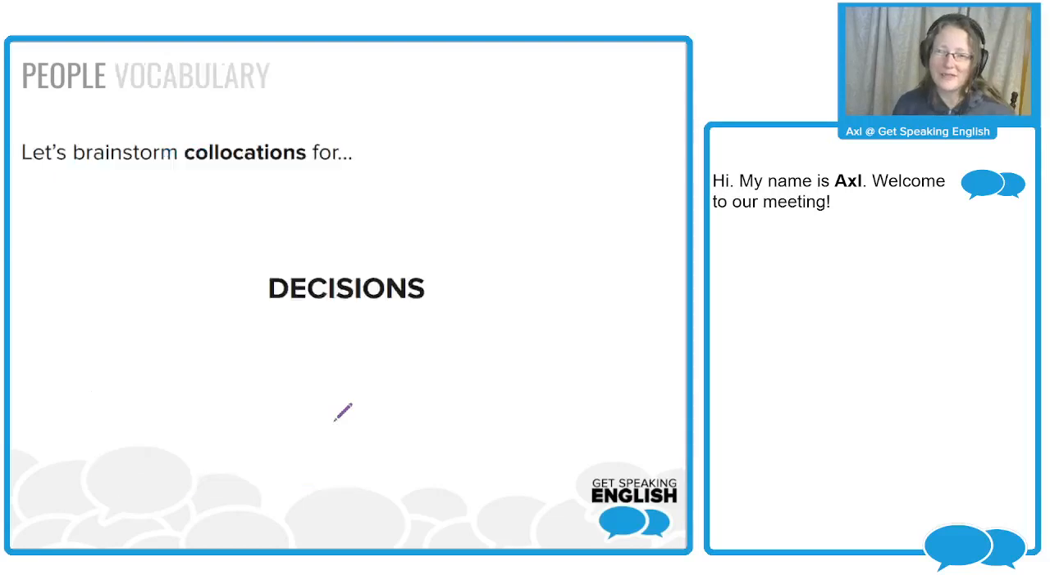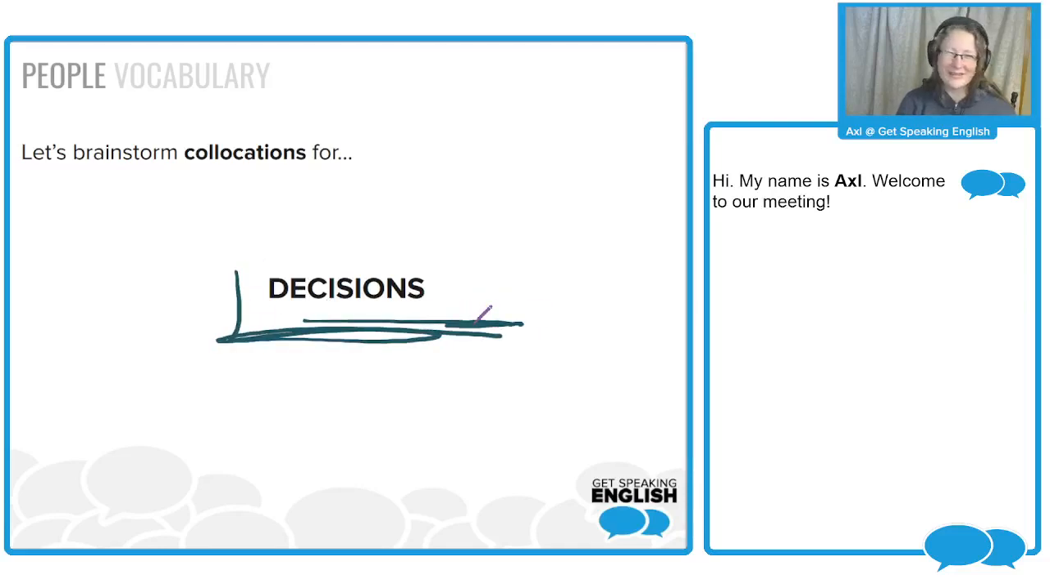All right, perfect. As I mentioned, under the topic of people, we are going to be talking about decisions. As we all know, a decision is basically a choice that you make after thinking a lot or taking into account a lot of different considerations, thinking about different possibilities. So, let's make some